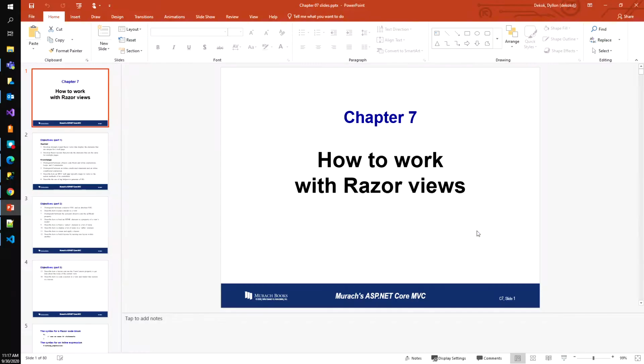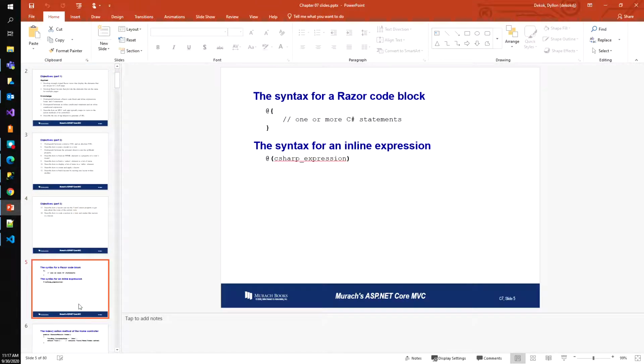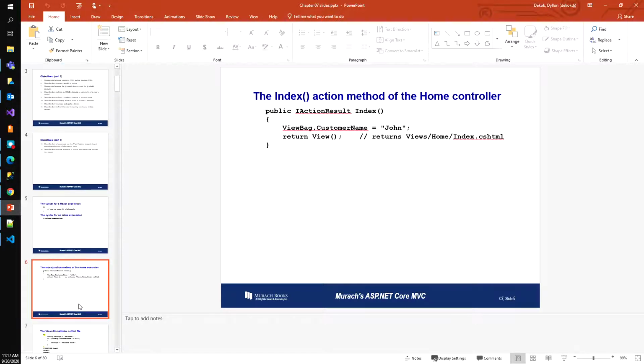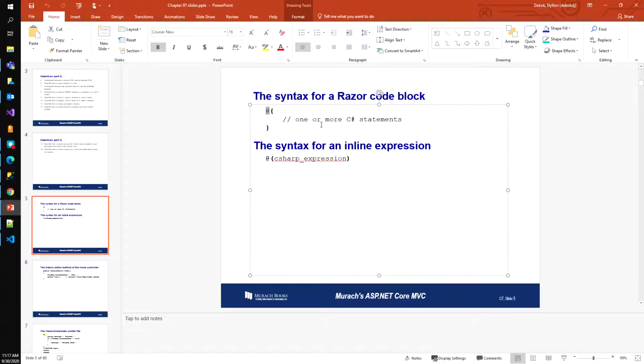So at the beginning of this video, I'm going to go ahead and just cover some of the high points in the PowerPoint before I move on to Visual Studio, where we start to implement some of this stuff in our code. So whenever we want to put the C# markup within our HTML, we'll always start with this @ symbol. So whenever we put our @ symbol in our markup or in our view, that's telling the Razor view that you're about to see some C# code. So that's why these are built on the server and then compiled, and then the HTML is sent once it's built on the server to